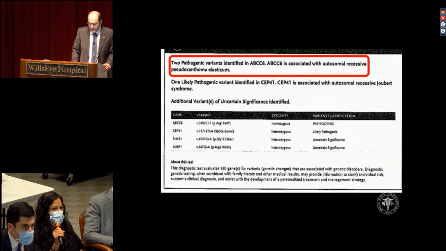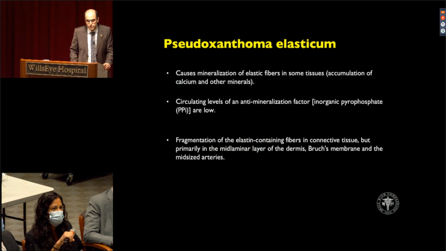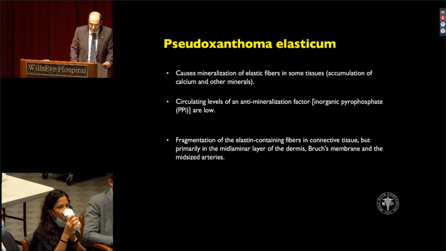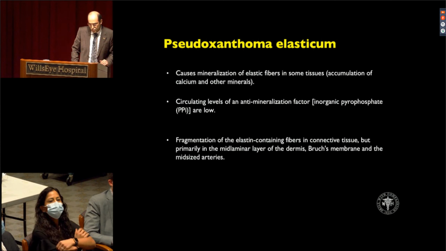Excellent. Our patient underwent genetic testing and an ABCC6 mutation was found, which is classic for pseudoxanthoma elasticum. So our diagnosis, as you mentioned, was pseudoxanthoma elasticum. This disease causes mineralization of elastic fibers in many tissues and accumulation of calcium and other minerals. The main pathology is the decreased level of inorganic pyrophosphates, which is basically an anti-mineralization factor, and it causes fragmentation of elastin-containing fibers in connective tissues, but primarily in the mid-laminar layer of the dermis, Bruch's membrane,